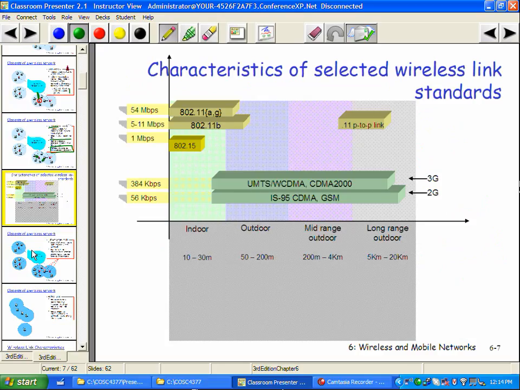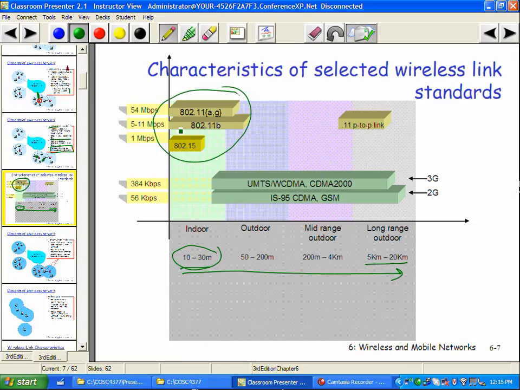But the interesting thing here is we are going range. So here, I guess it's kilometers or miles, and at this end it's meters. So if you want to use wireless technologies and you only need to go tens of meters, or maybe 100 meters or so, then you want to be in this range, and this is the various